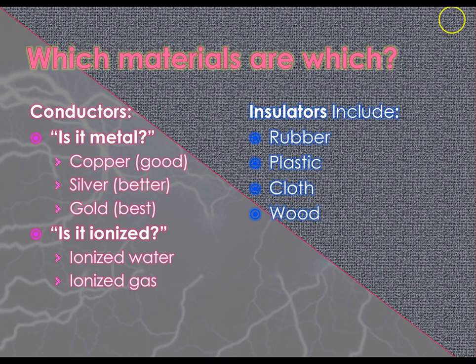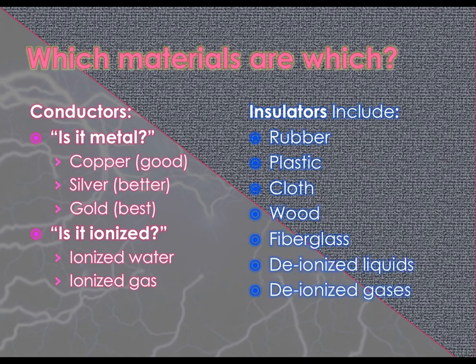Let's consider an example. Let's talk about water. Is water a conductor or an insulator? Pause, think about it, press play. Check. Is it metal? Is it ionized? Distilled, deionized, pure H2O with nothing in it, water, is not a good conductor. It's not ionized. All those warnings about your toaster and your hairdryer, keep them away from water, don't let any of these electrical devices touch water, they're talking about tap water.